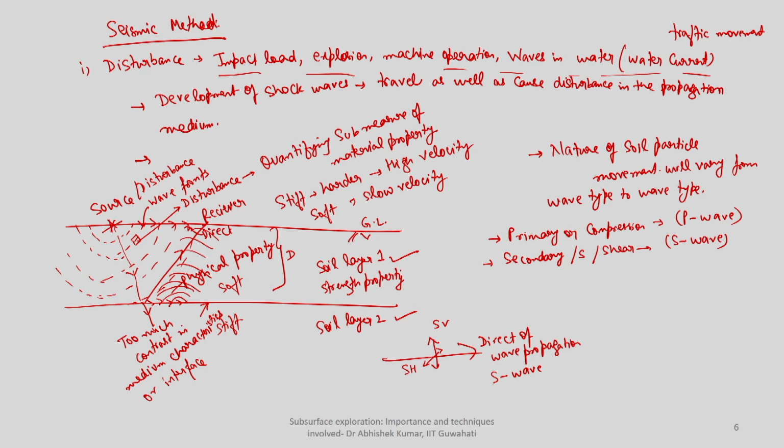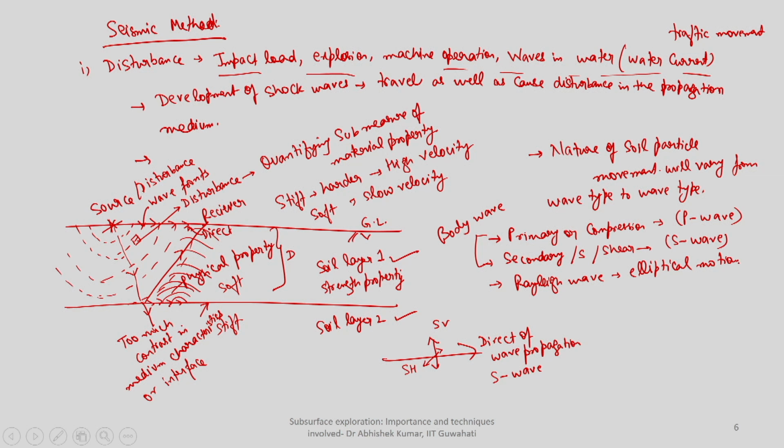But both of them happen because of the passage of a shear wave. When a shear wave is passing, the material is offering resistance in terms of the shear strength of the material. And the third one is Rayleigh wave, which is precisely caused when these body waves interact with the superficial layer of the earth. So these are called Rayleigh waves, and they cause elliptical motion in the soil particle.